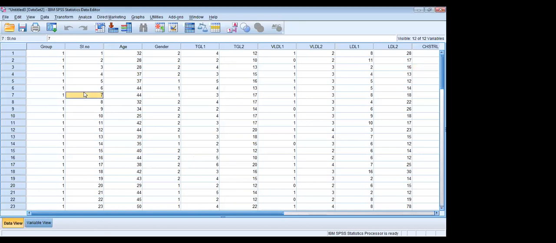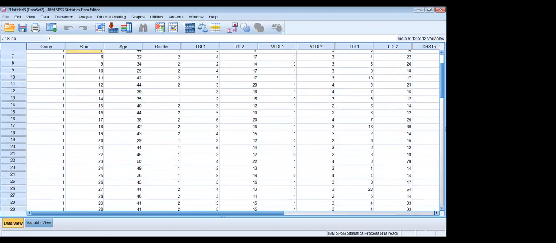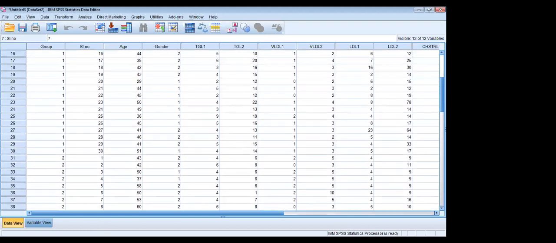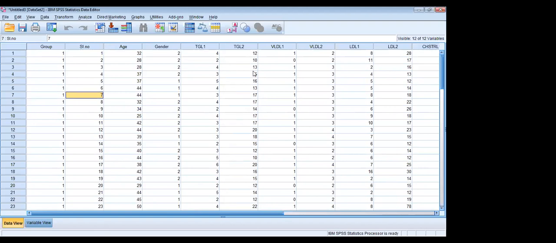This is data to compare the effectiveness of two drugs. We have two groups, group 1 and group 2. Each group has 30 samples. Here we are comparing the lipid profile of both groups, and we want to find out which group has a more effective result. Group 1 received one kind of treatment, and group 2 received another treatment, and we want to find out which treatment is more effective in improving the lipid profile.